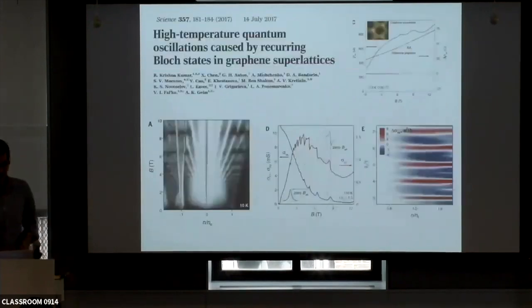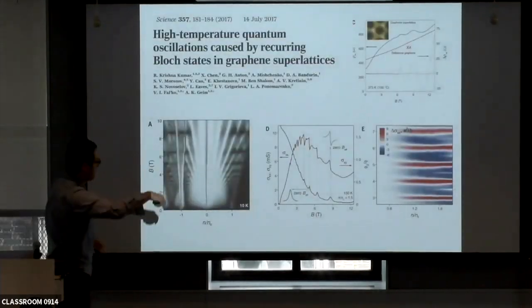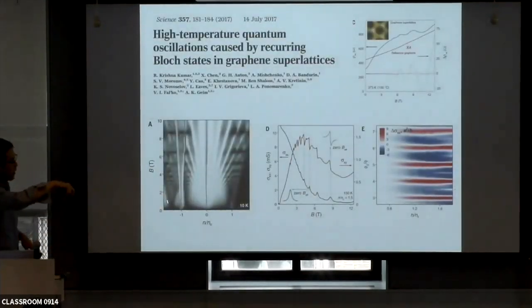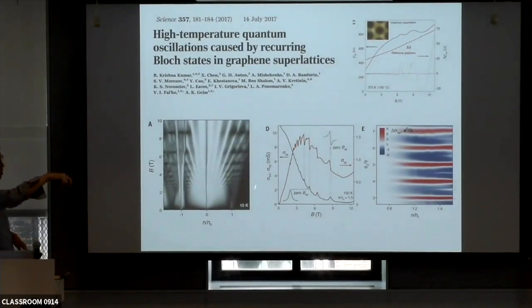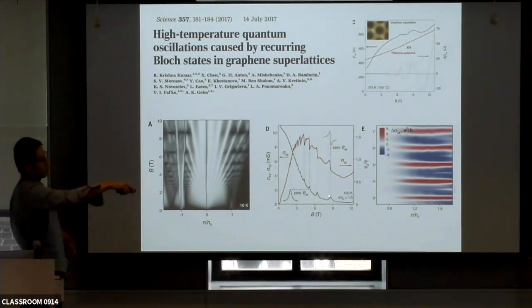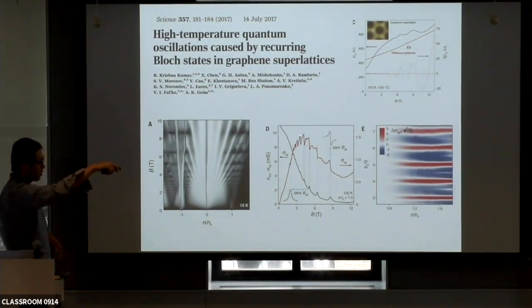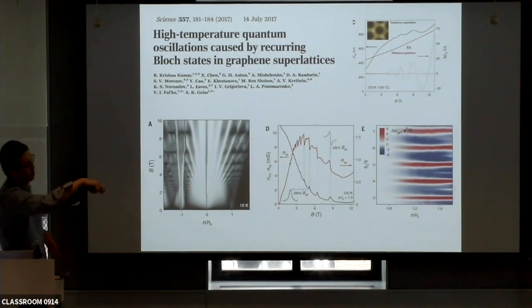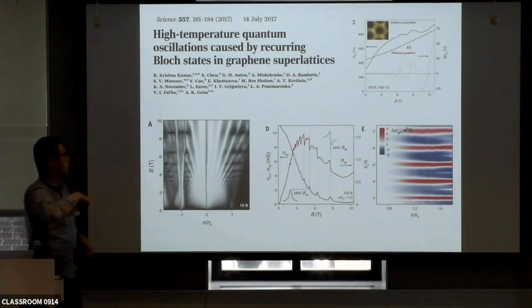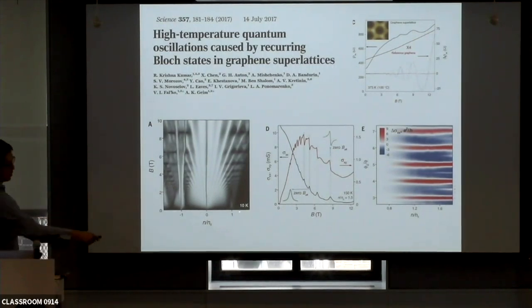And the effect of that has been observed by Andre Geim's group, where as a function of magnetic field, they see these oscillations in the conductance and the Hall conductivity. In the conductance, they see a peak, and in the Hall, they see this resonant dispersion-like effect as a function of magnetic field. And this is independent of doping, right? This is carrier density versus magnetic field, and this oscillation corresponds to this vertical diagram. This is independent of doping.